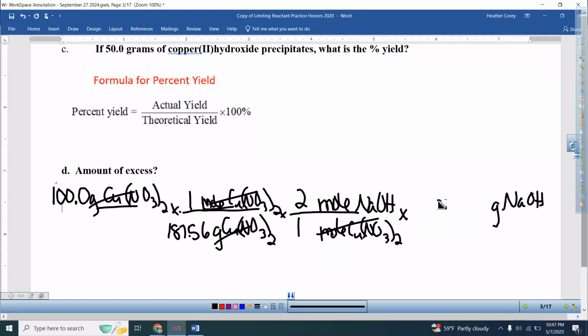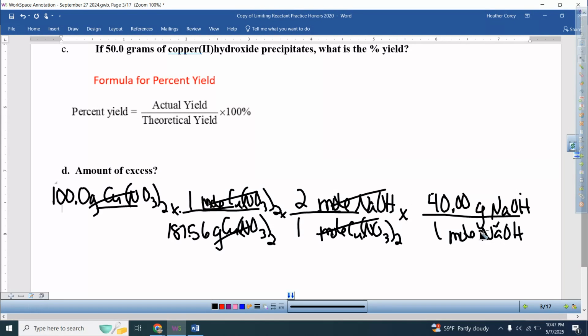And then we need to copy and paste the moles NaOH, and we're solving for grams of NaOH. One goes with mole, and we already did this work as well. We said this was 40 grams. All right, so when we calculate 100 times 2 times 40 divided by 187.56, we determine that 42.65 grams